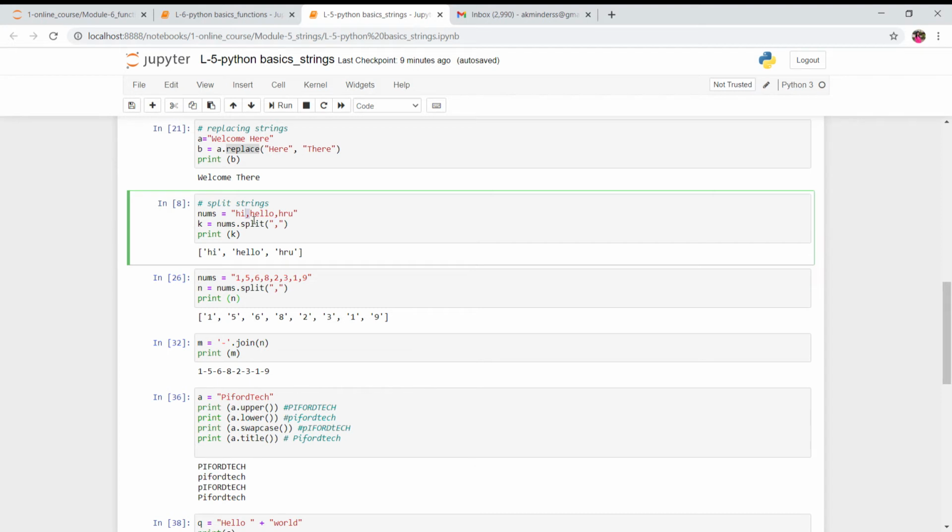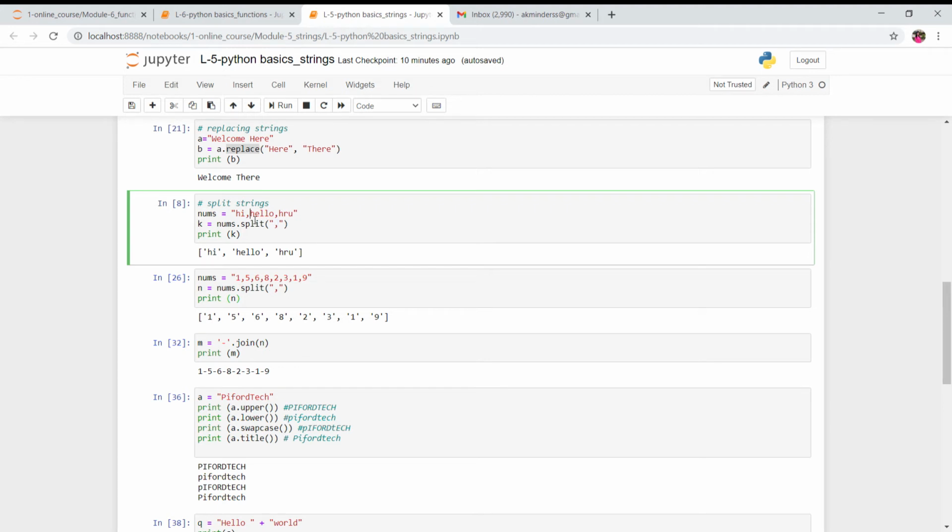We have one comma over here, so it will split this and this, and then again we have a comma over here, so these two values will also get split. So hi is a separate string, now you can see in single quotes, hello is a separate string, and how are you is a separate string. It is splitting on the basis of this condition.